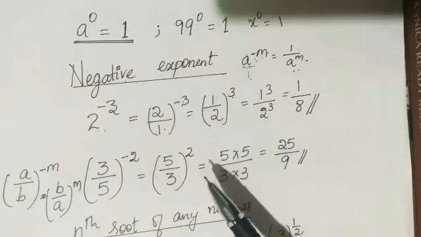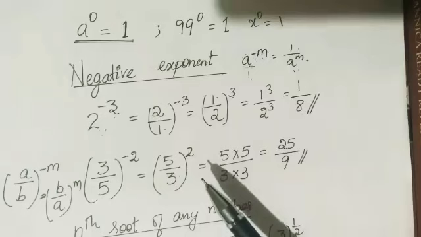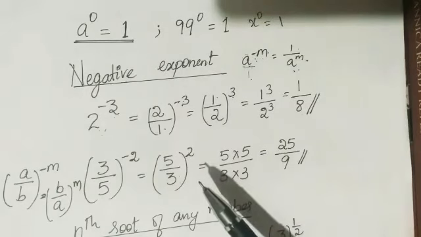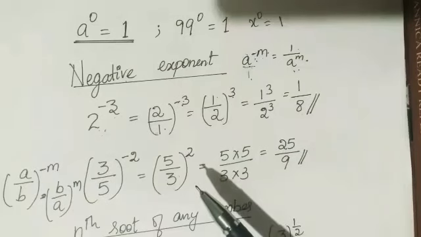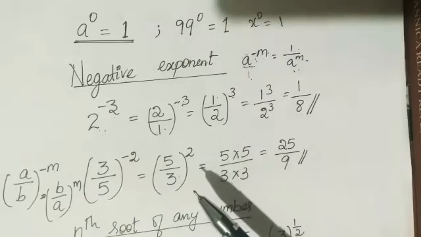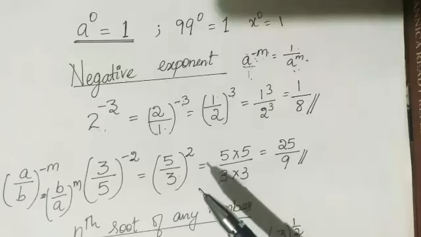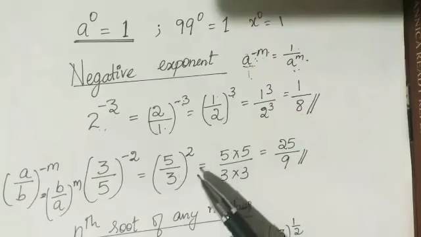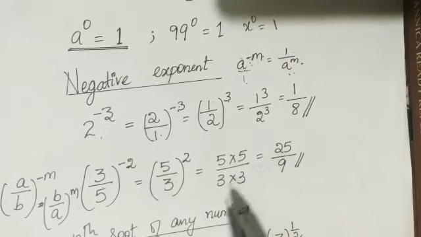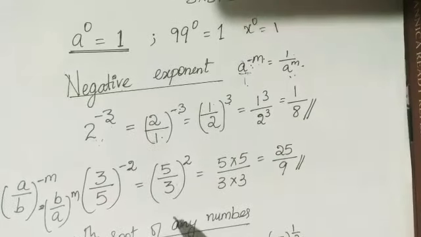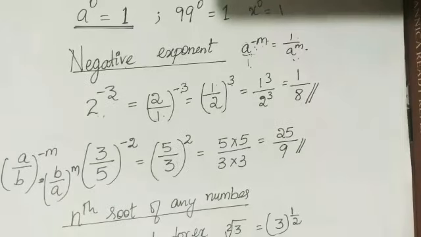See, a number which has a whole number as exponent is the only kind we can find the value of directly. You can't find a value for a decimal exponent or fractional or negative exponent. You have to change the form of these numbers in order to find the value. Okay, let us see some of the problems in detail. So you can see that 5 square is 25 and 3 square is 9. Hope this is clear.